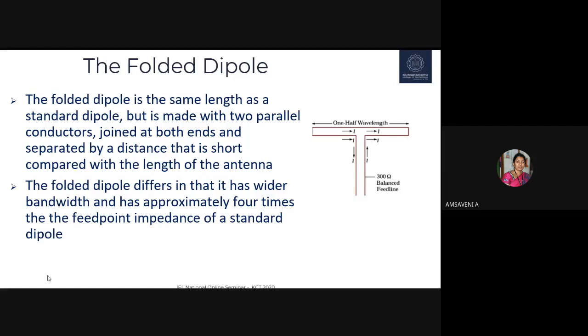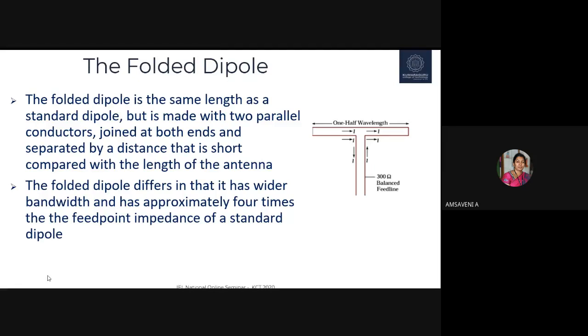And next one is the folded dipole. Why do we go for a folded dipole? A folded dipole will include one or more dipoles, and you will fold the dipoles. The reason for using a folded dipole is to get higher input impedance. If you take a half wave dipole, the input impedance is 73 ohms, but in the case of a folded dipole, you will get n square into 73 ohms. Suppose you have a two-way folded dipole, you will get 4 into 73 ohms, around 300 ohms. The radiation resistance will be around 300 ohms. For any antenna, the radiation resistance should be high.